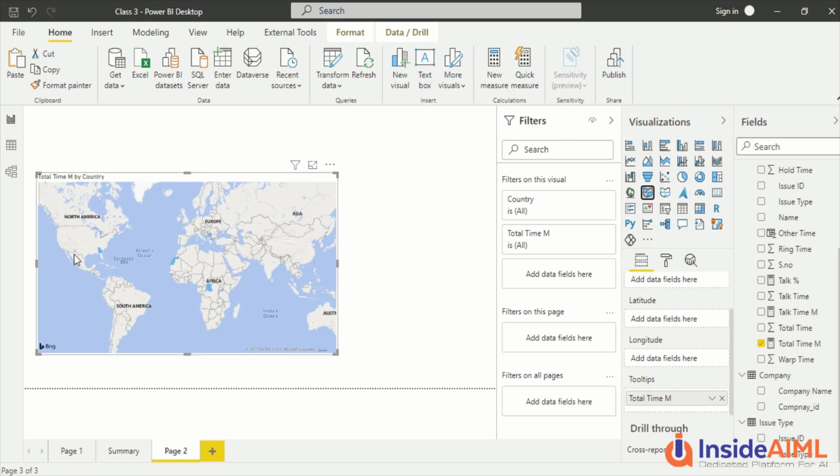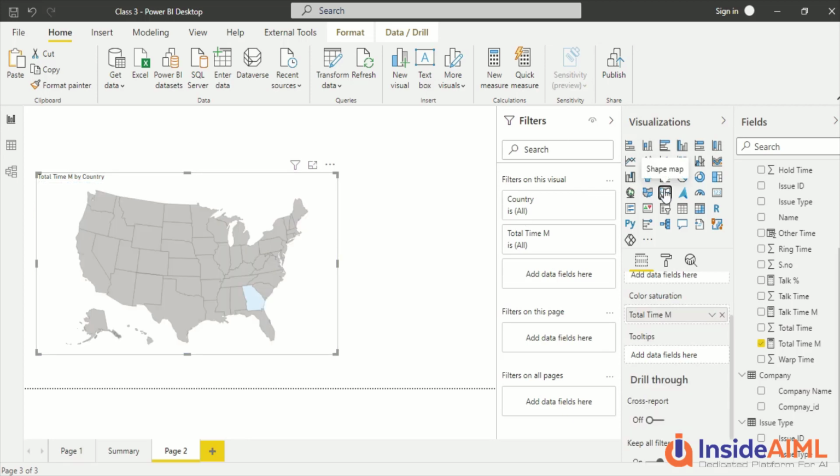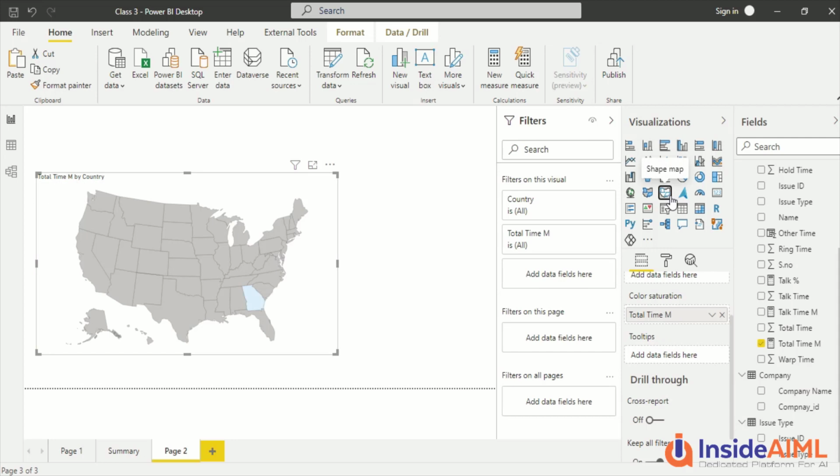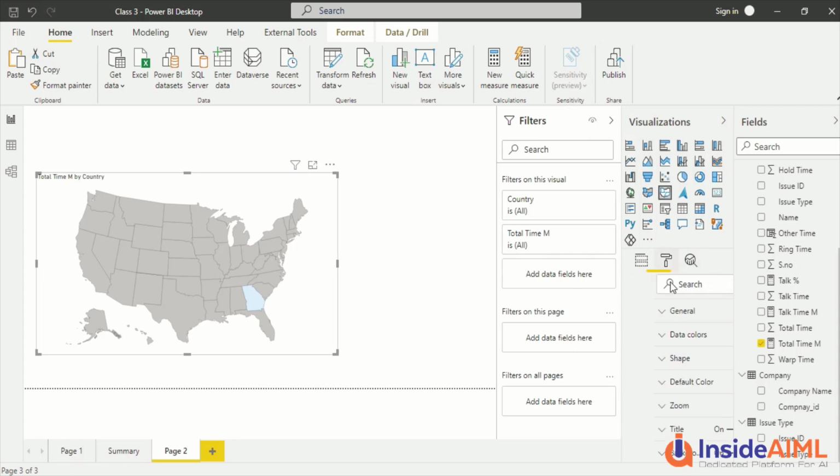Like this is not the great visuals which you can have, and shape map is basically based on the country only. So that's not, but at least fill map you can use for country, but shape map you will not be able to do, because it's only at the country level. You can actually have to do the changes to make sure it happens. There are different shape maps which are available for different things. You can go ahead and look into the setup, and which kind of shape map you are looking at, and you can change that.